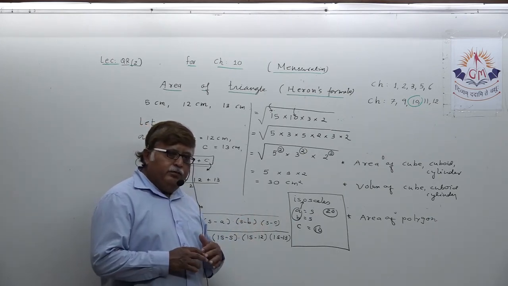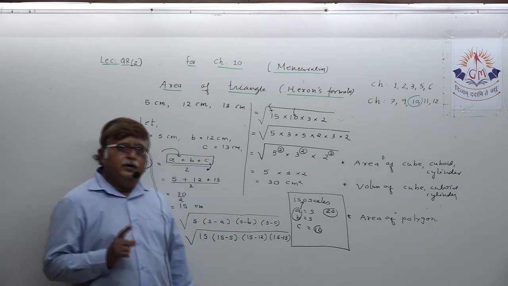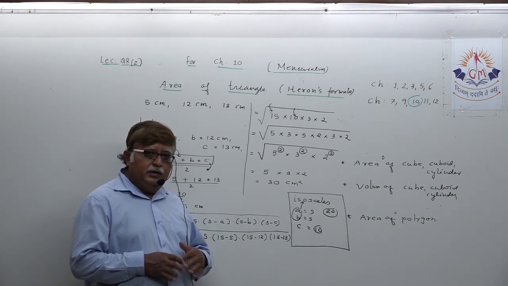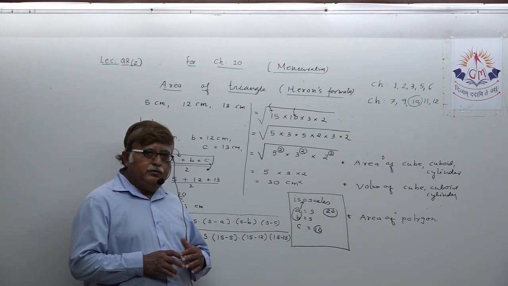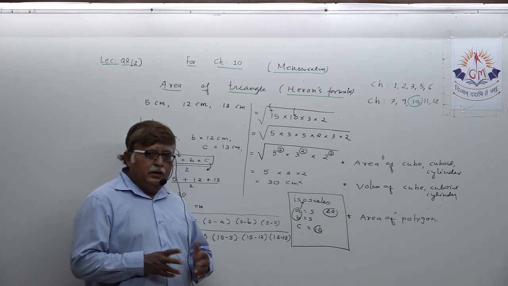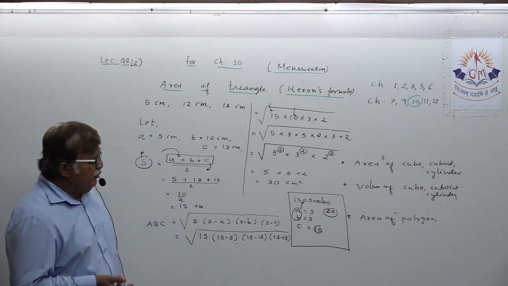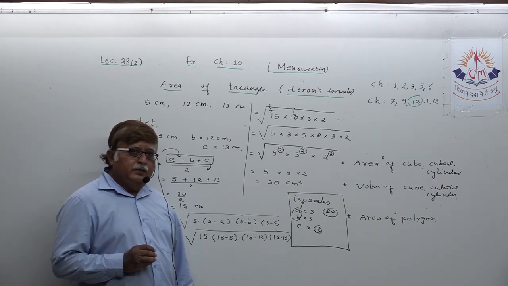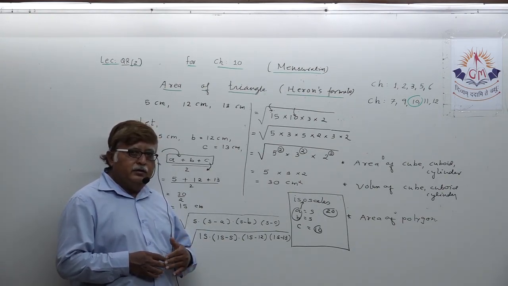These things will strike your mind when you know the basics: if I want to find the area of any triangle by Heron's formula, I must have knowledge about the three sides. Until you have knowledge about three sides, you are not able to find the area. If you keep this basic in mind, then any twisted sum or twisted example may be asked in the exam,